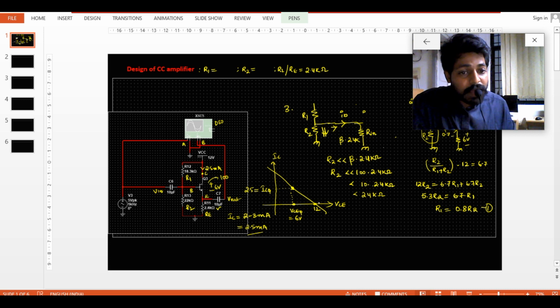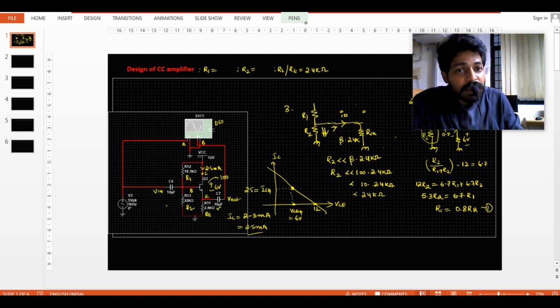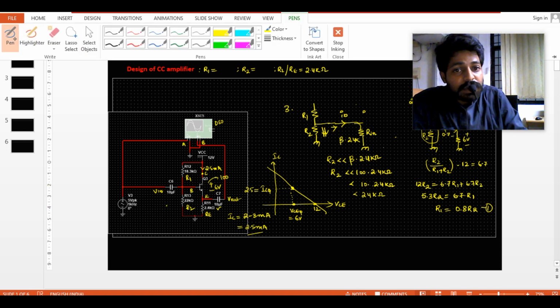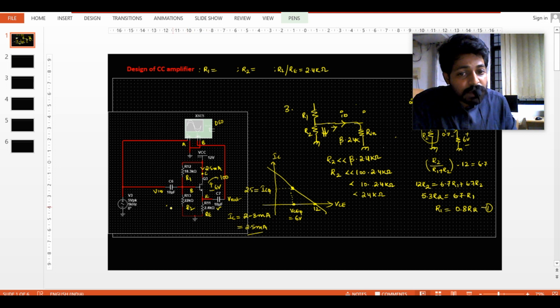As per the availability in the lab, we have 22 kilo ohms, so I will be keeping 22 kilo ohms over here. The availability of the lab says 22 kilo ohms is the R2 resistance that I need. So approximately I will be taking 22 kilo ohms in the lab. And if I substitute 0.8 times 22 kilo,